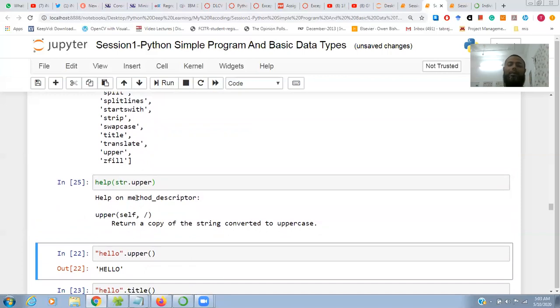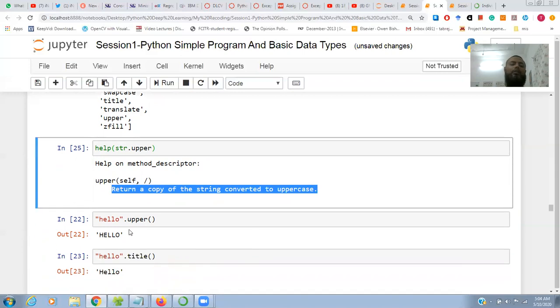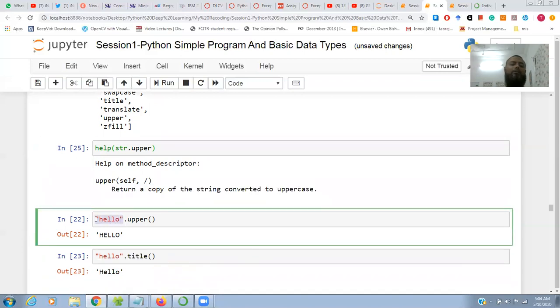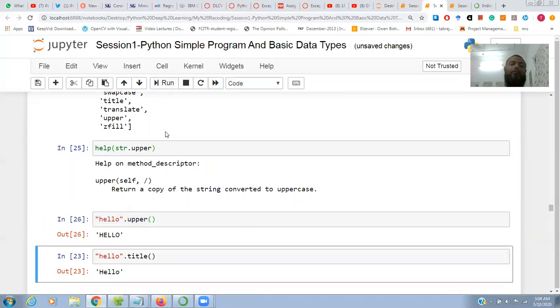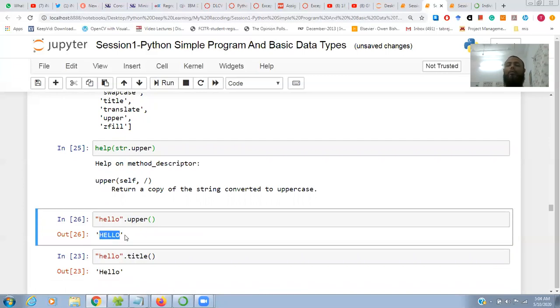Upper is a method, and what will it do? It will return a copy of the string converted to uppercase. So simple. I declare one string and convert it with the upper method, so if you run it, it will convert the whole string into upper format.